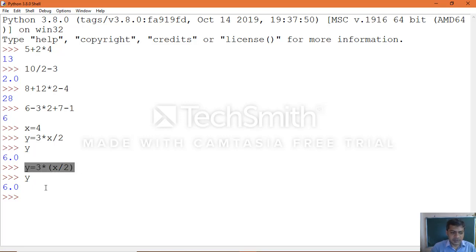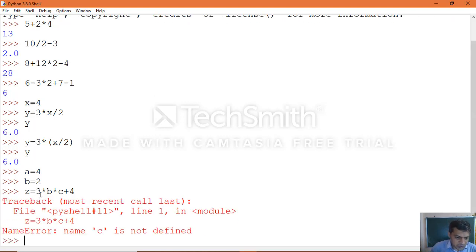In the same manner you can do the other examples specified. a equal to 4 and b equal to 2, then z equal to the expression 3 into b into c plus 4, which will be evaluated.